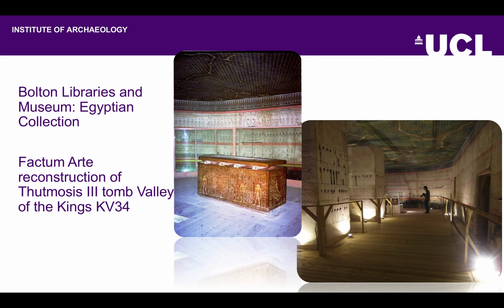It can't sustain having lots of people coming in and seeing it, and it is quite a famous tomb that a lot of people want to see. By the same token, we have this recreated in Bolton, but also in North America; it was recreated in some museums as well. So we're drawing attention to the original. We're learning about it, but it's not being removed. It remains in situ, but then hopefully we can also assist with some conservation of that original